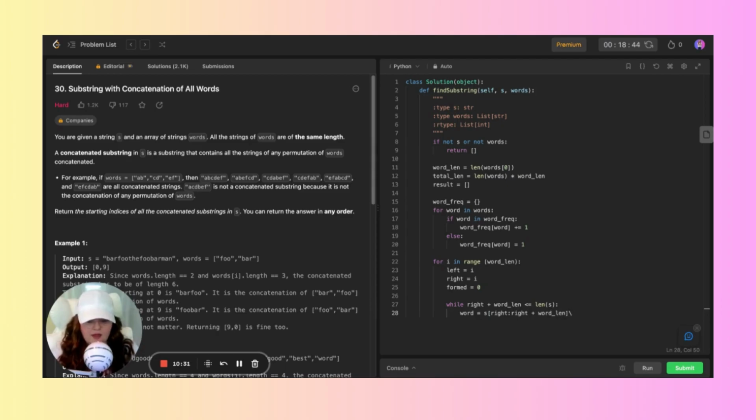And then we'll say if word in word frequency, word is less than or equal to 1. And then if word